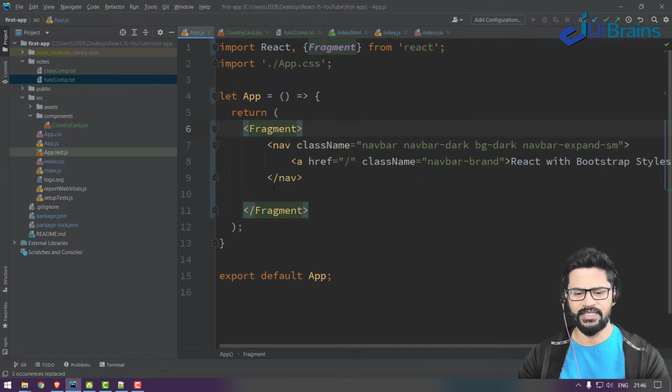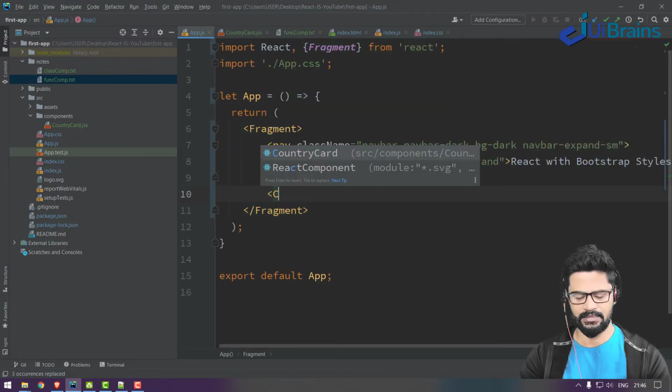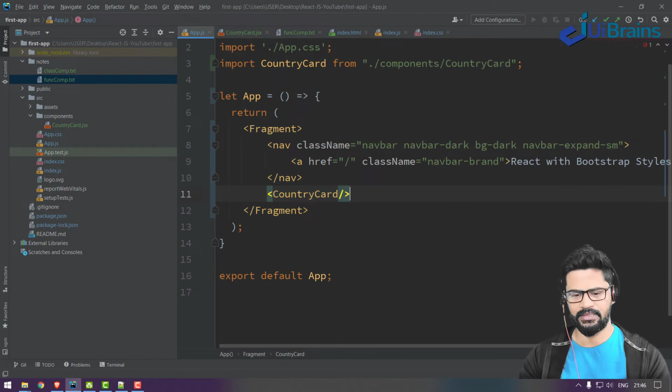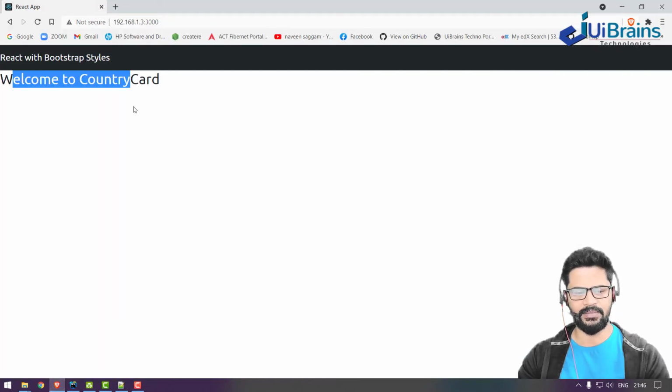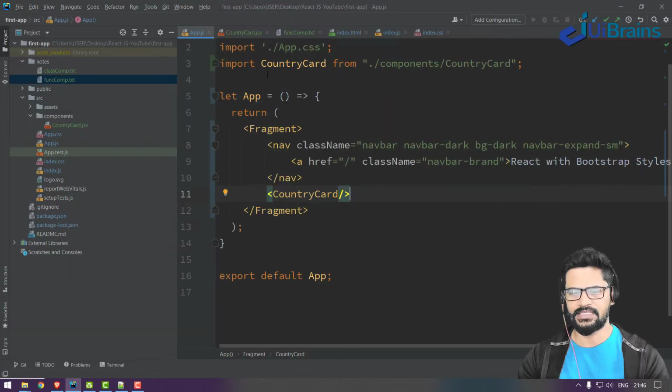Now let's configure that in the App component. Now you check, you got a welcome to CountryCard. I want to make all four cards from this.